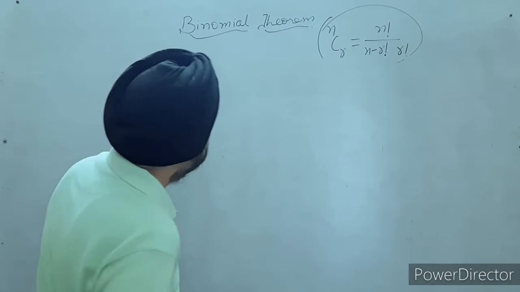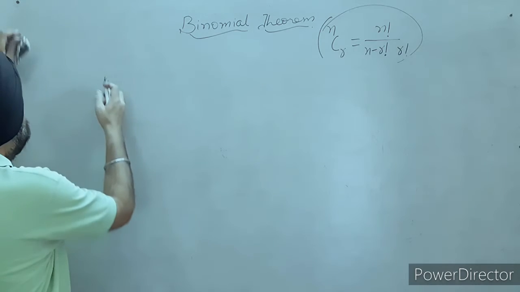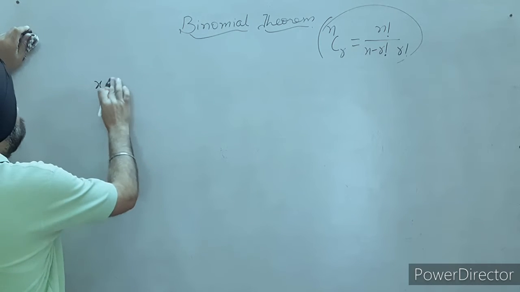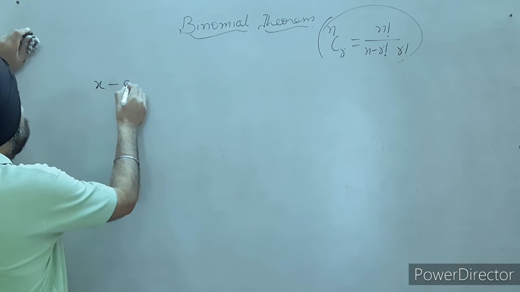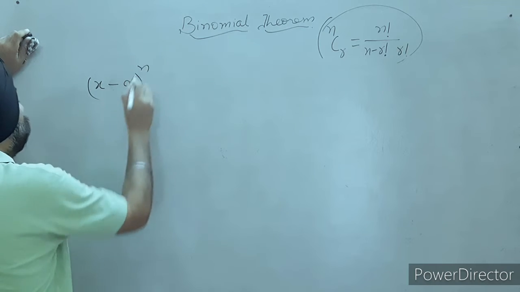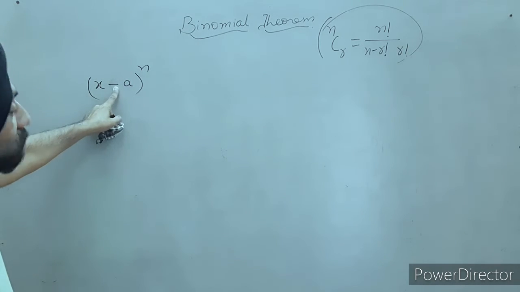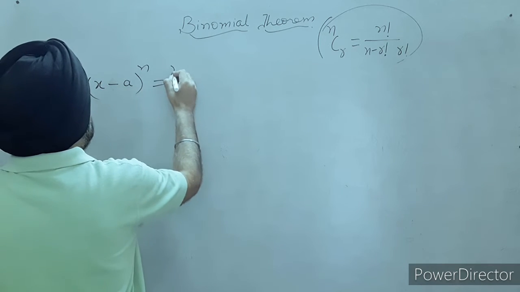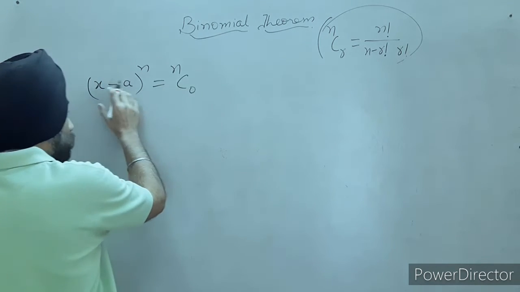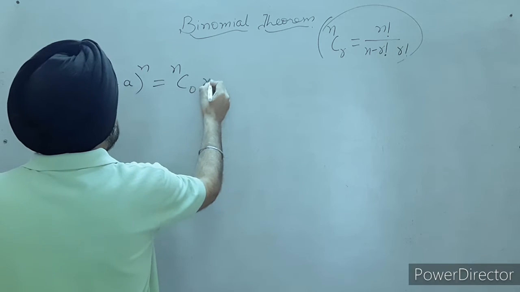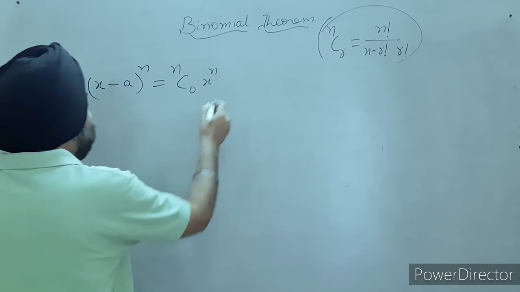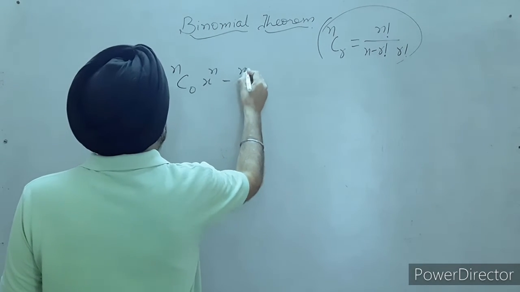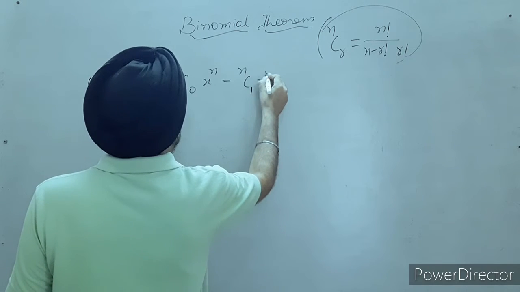Now, what will happen if it is x minus a raised to power n? Now there is a minus sign, a negative sign in between. So what I will do, it will be nC0. It can be expanded like this: nC0 x to the power n minus nC1 x to the power n minus